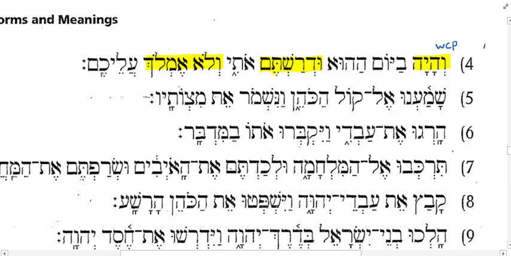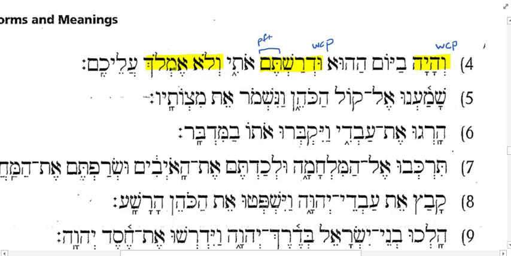Now over here I have udurashtem. Is tem part of the prefix conjugation or the suffix conjugation pattern? Does that look like a perfect or an imperfect kind of verb form, seeing the tem at the end? Yeah, that's the perfect. Okay, but I've got a vav in front of it, and it's coming after WCP. So what's my likely form here? Dealing with the WCP form. Okay,